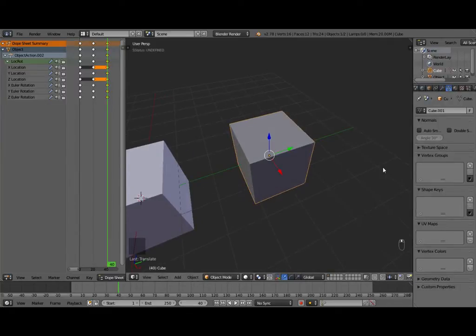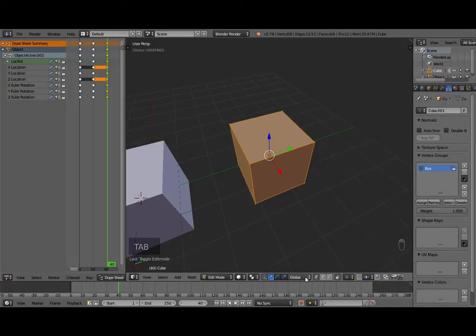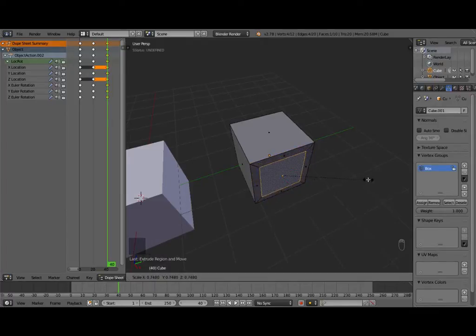So the first thing we're going to want to do is add a vertex group. And I'm going to name this one box. So I'm going to go into edit mode, Tab, select faces right here, E to extrude, S to scale it down, and then I'm going to simply extrude it again out this way